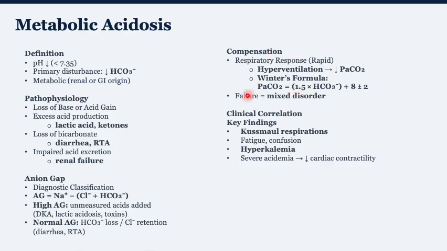The importance of this, if a patient presents with metabolic acidosis and their body's natural response is to try to compensate with a respiratory response, if you calculate this formula,